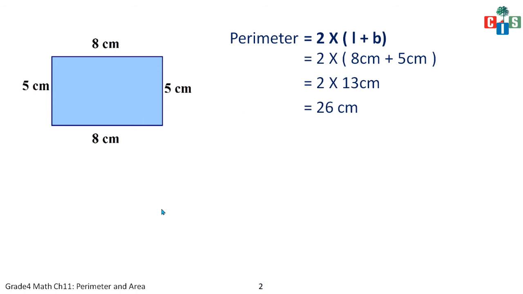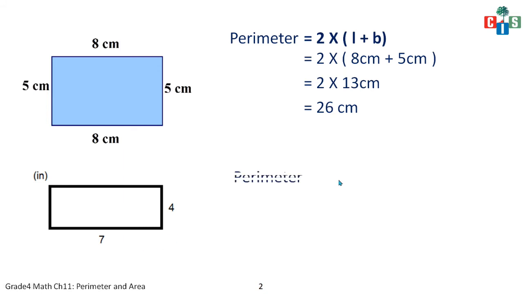Now let's have the other example, which has 7 and 4. Now kids, this is a tricky one. Not exactly tricky, but you have to apply your mind. See, here it's 7, so what's the measurement here? It will be 7. Here it's 4, so it will be 4 here also, because the rectangle has the property that opposite sides are equal.